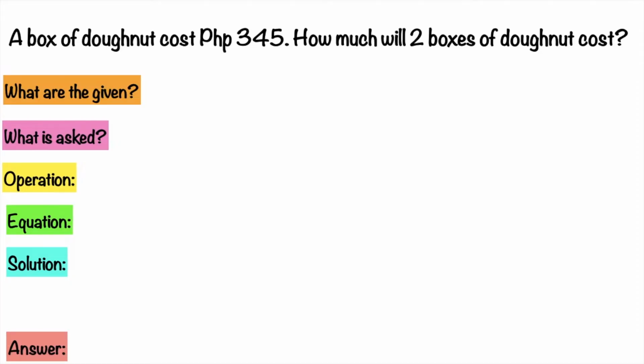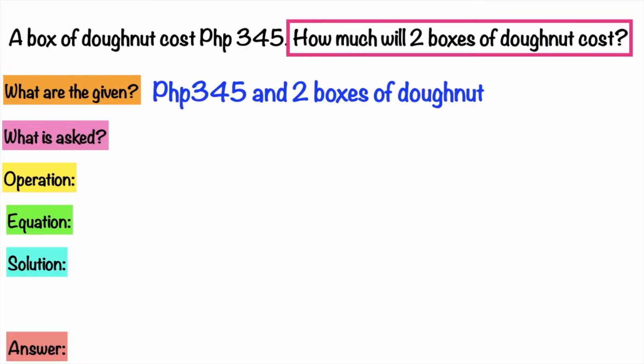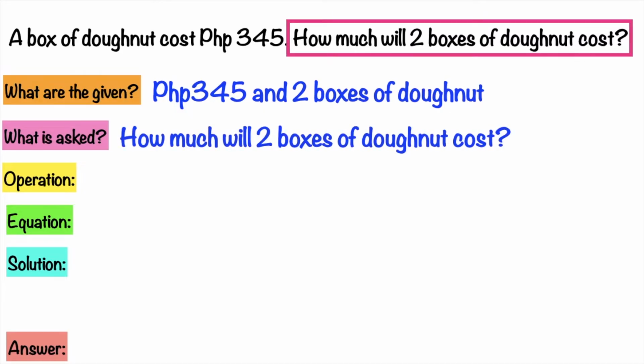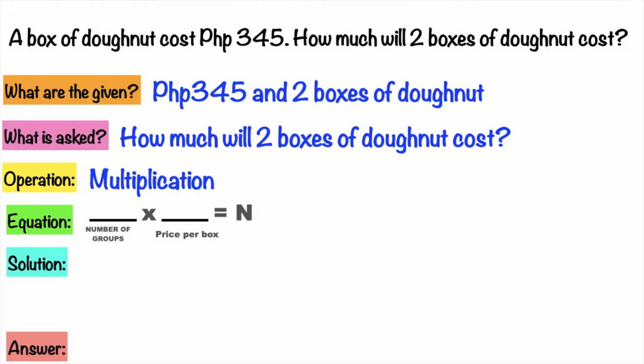So first, what are the given numbers? That's correct. We have 345 pesos and 2 boxes of donut. Then, what is asked in the problem? Good job, children. How much will 2 boxes of donut cost? For the operation, we will use fantastic. It's multiplication. For the equation, let's write the equation by writing the number of groups as the first factor